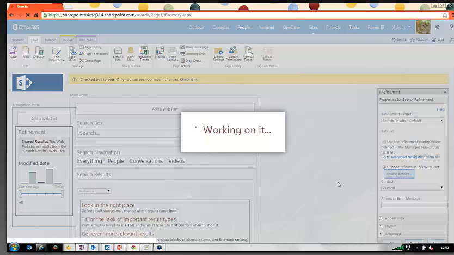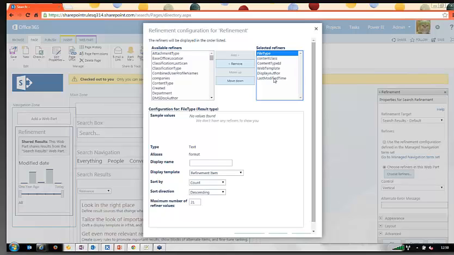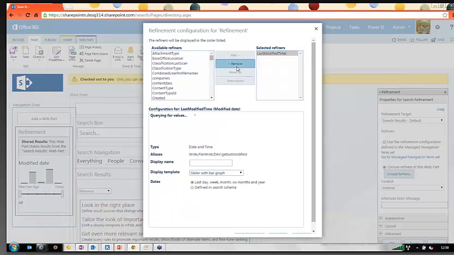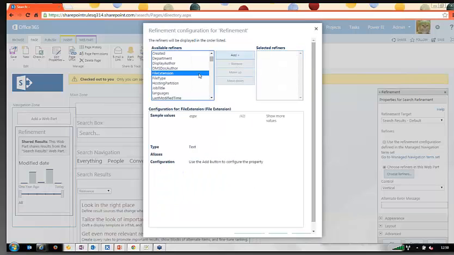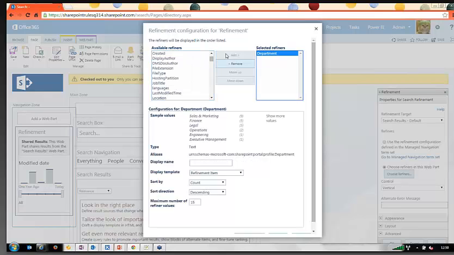I'm going to click Choose Refiners over here on the panel. And none of these are relevant at all. And unfortunately, I can't select them all and get rid of them, so I'm just going to have to do this. Okay, now I'm going to look through and try to find the ones that would actually be meaningful to me. So that would be department and job title,